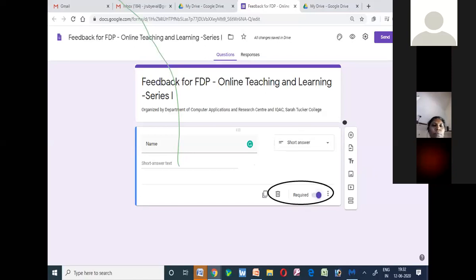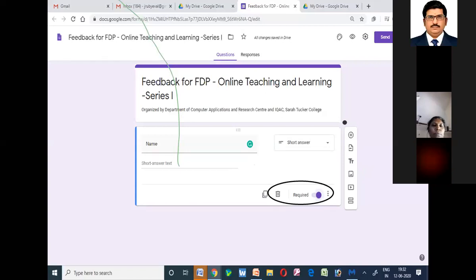And here you could see one particular field that is named the required field. So you all know that each and every person would be having a name as well as a register number. It is better you just highlight that as required. So you just have to switch on that required. If you are not going to do that, the people will not have any patience for filling out all the things. So they will just leave out the important things and then they will just submit it.